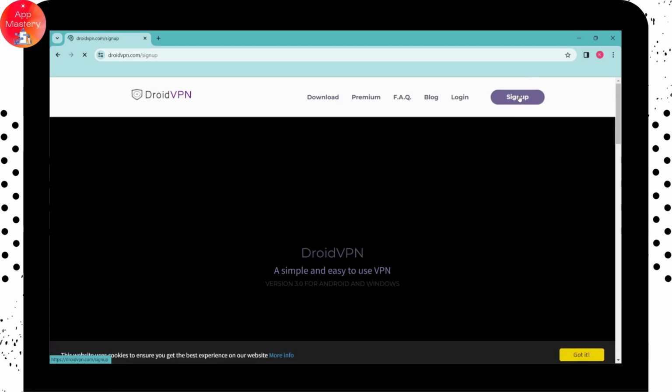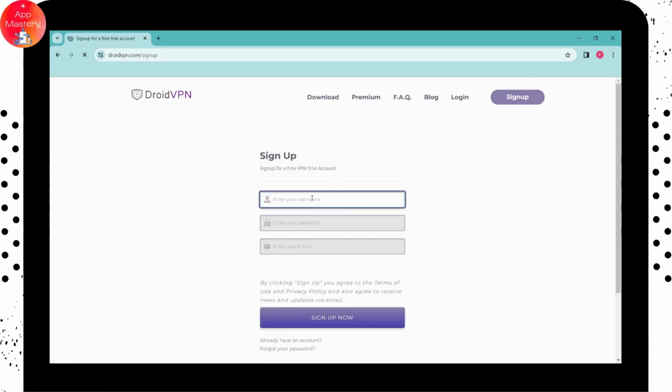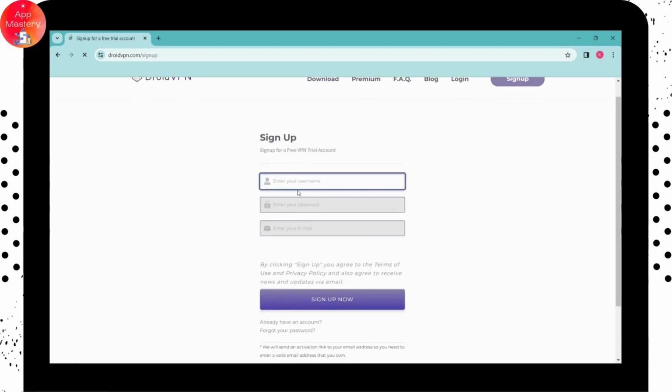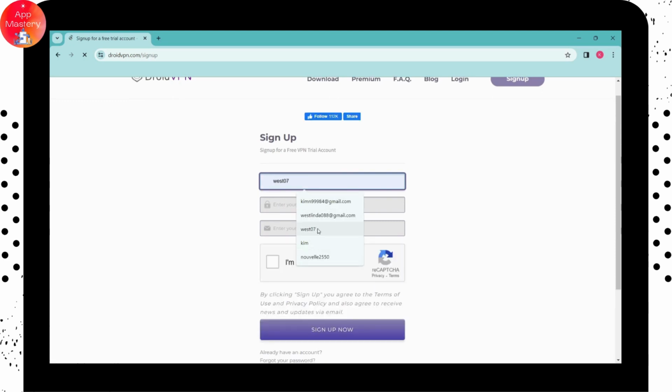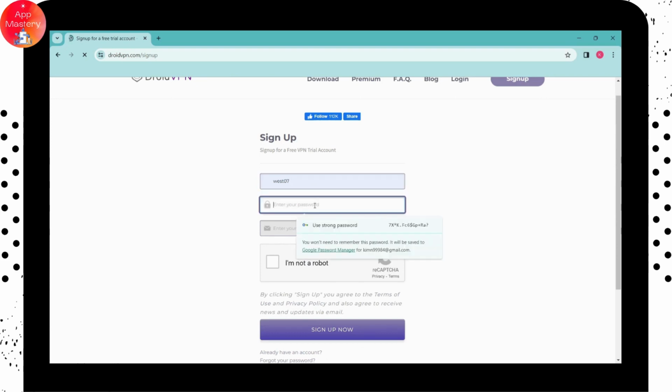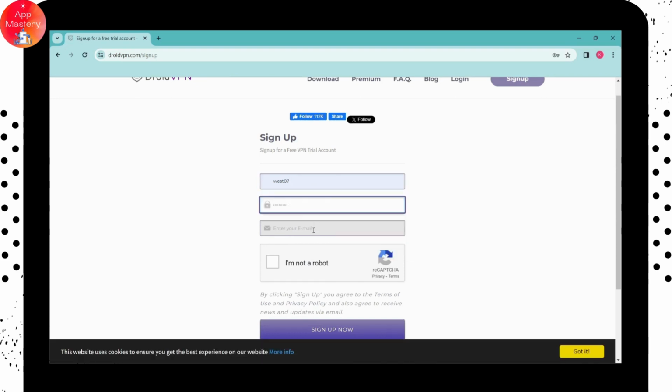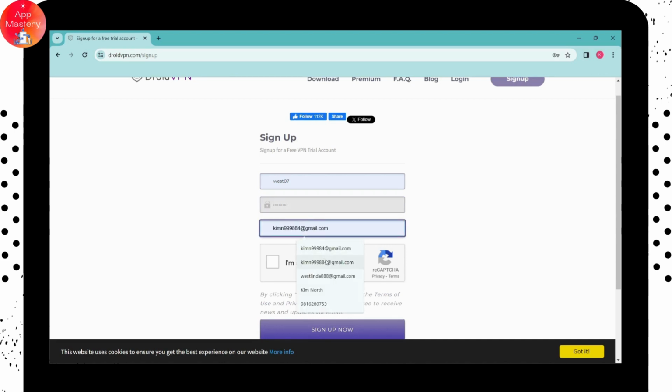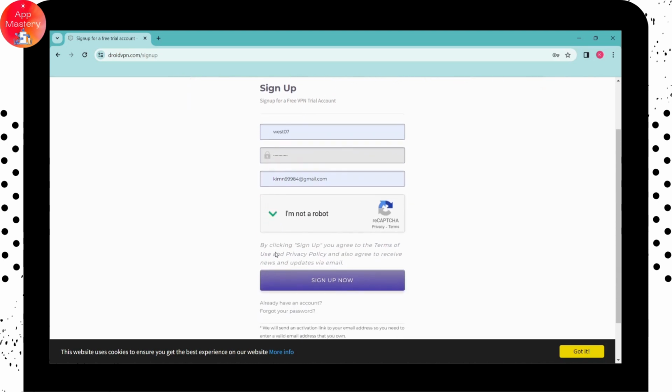Click on that sign up, and now you can simply go for username. Here on the first blank, you need to enter your username, and after entering, here you need to create your password, and after that, here you need to enter your email address. And after entering your information, click on I'm not a robot, and then click on sign up now,